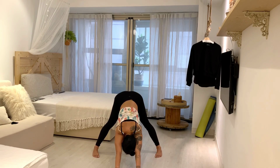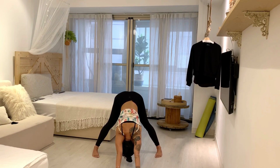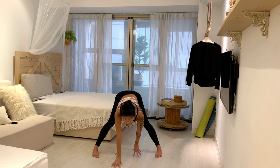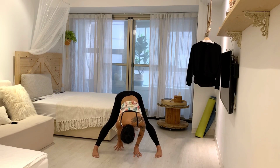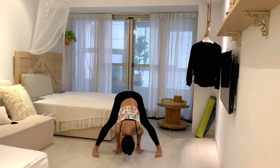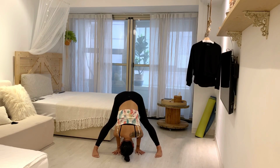I'm taking a few breaths. You can kind of let your head drop down here in between the arms. All right, keep pulling back through the hips, but reaching forward through your fingers. And inhale, lift the head, walk your hands back. Now keep walking them back. Okay, walk them back until both your palms are in line with your feet, and then fold down a little